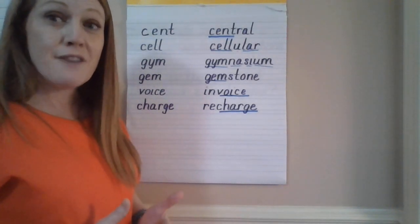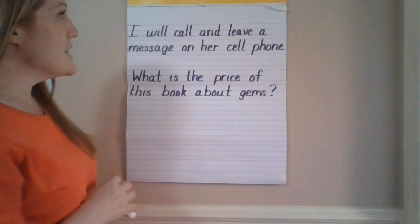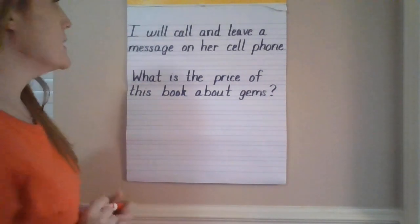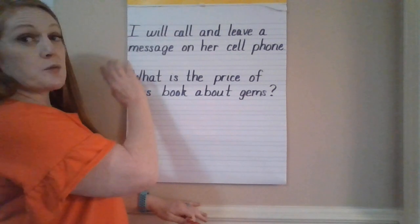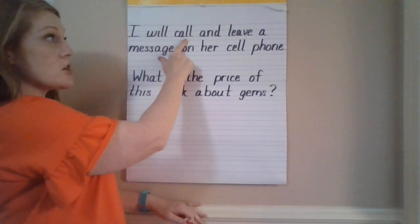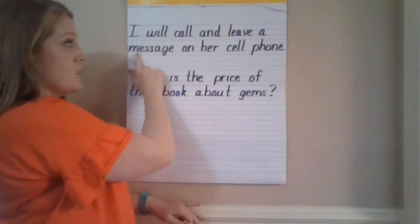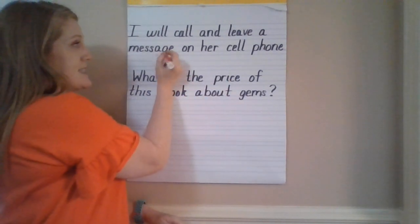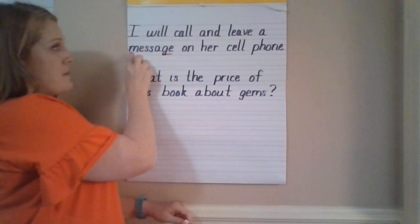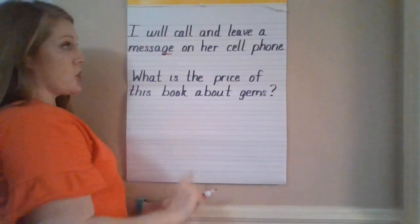Let's look at some sentences that have soft C and soft G in them. All right, I have two sentences here, and these two sentences each have a couple of words that have either a soft C or a soft G, or both. All right, let's look at the first sentence together. Let's read as I point. We're going to do one word at a time. I will call and leave a... We're going to sound this word out because right here I see our soft G spelling. So we're going to make sure that we know this word. Edge. Message on her